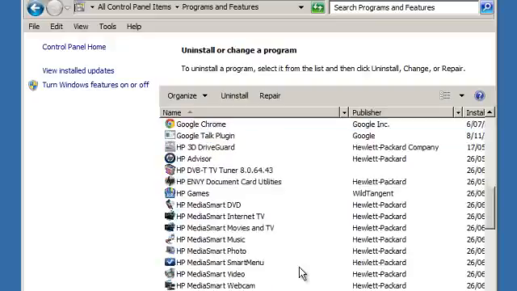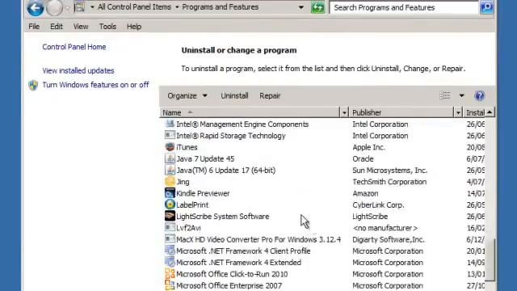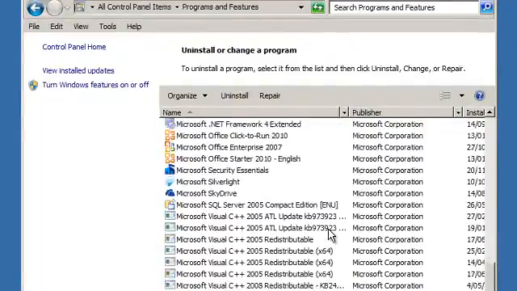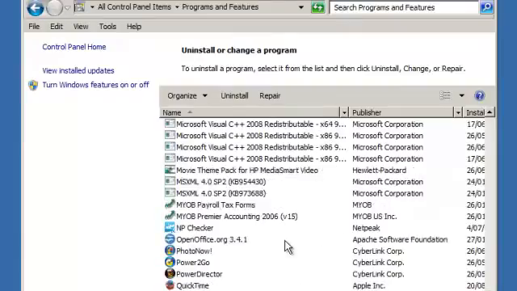Okay, now you've got to make sure they're very clear. Now when it comes to HP, say you've got a HP computer, you've got to be careful which ones you take off here. So you might take something off to do with the webcam and then it might not work. Okay, so we'll stay away from that. Stay away from the Java updates. Like I said, don't go anywhere that you don't know about. Okay,